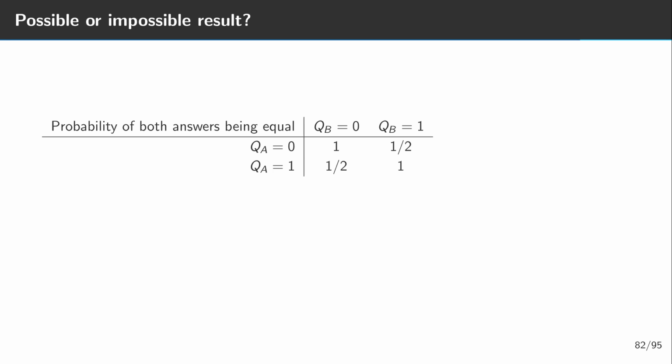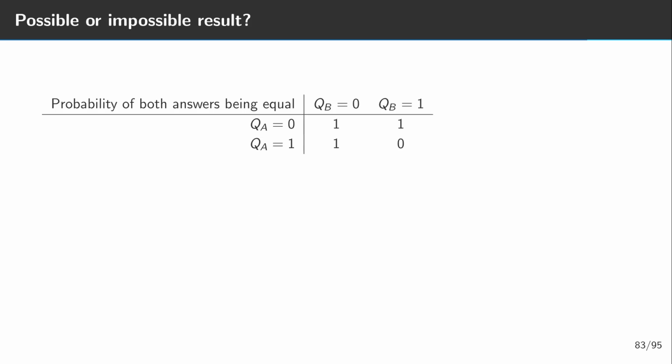Then they are separated. And then we ask Alice 0 and Bob 0. Or Alice 1 and Bob 1. And then, if Alice was asked 0, she looks at the first coin. So that way they always end up with the same. Okay. So good. As I said, the next question is: is this probability table possible or impossible? Anyone has an idea?